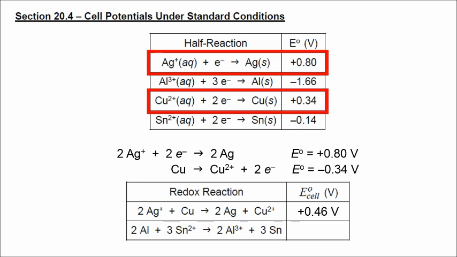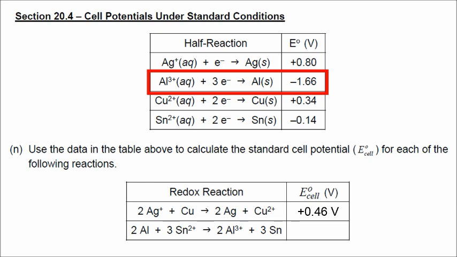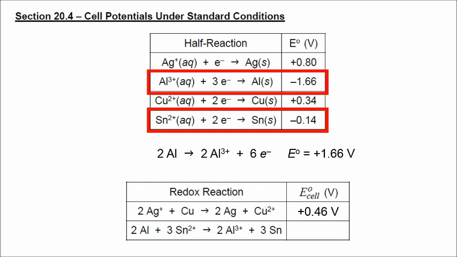Now for the aluminum tin reaction, we're going to have to take the aluminum reaction and reverse it and multiply it by 2 to get 6 electrons. That did not change the magnitude of the voltage. Reversing it did change the sign, so now we have positive 1.66 volts,